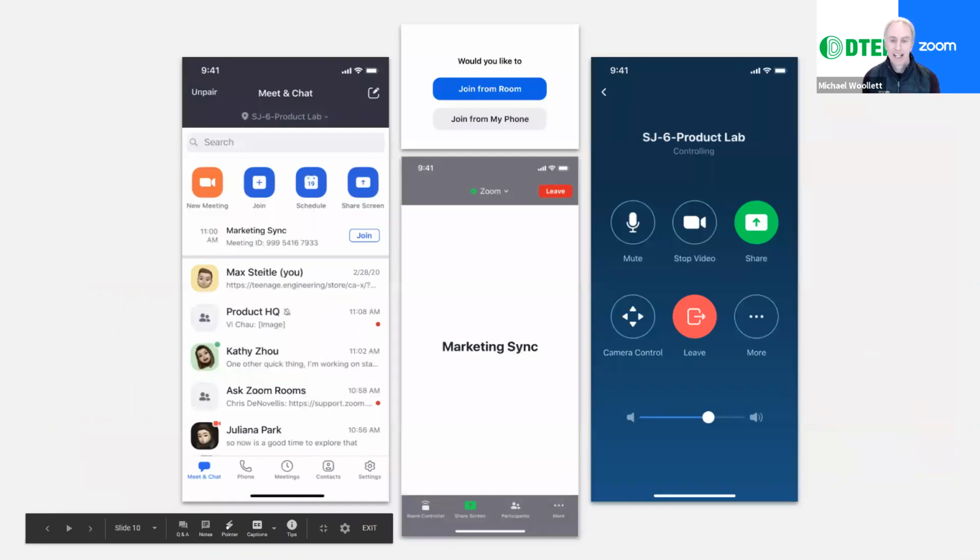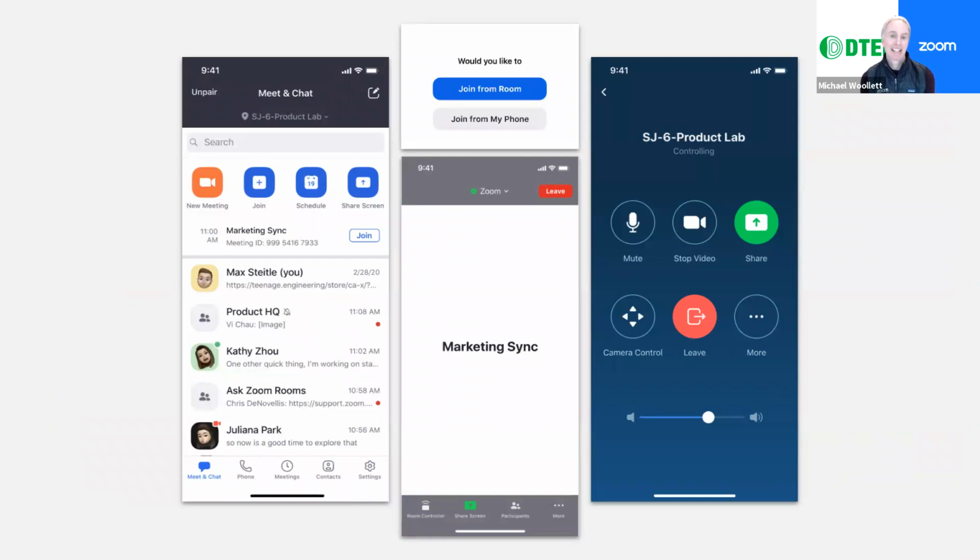So here we can see probably the first important thing is that same familiar interface. If you've used the Zoom meetings platform or a room device previously, you use exactly that same sort of interface. So if you need to mute participants, stop or start video, invite participants to the call, all of that same rich functionality that you're used to. You can even start to do things like camera control, and we can start to show how that happens. The way we do this is that we can actually pair with the meeting room device. So this is one of the big things behind the system. So we actually have ultrasonics built within the platform. So as soon as I'm in a meeting room,